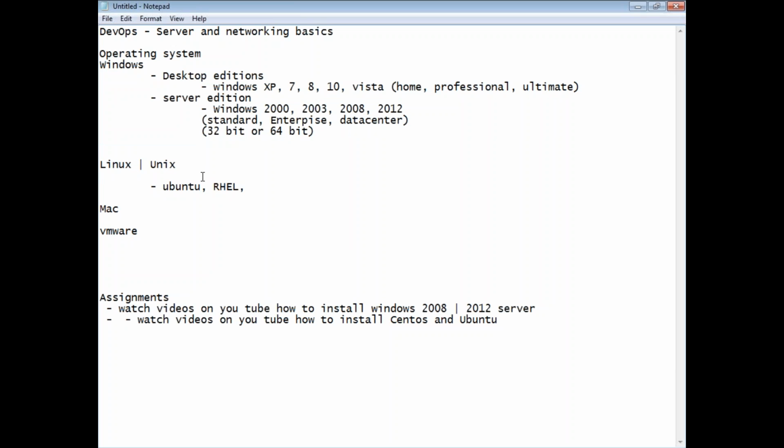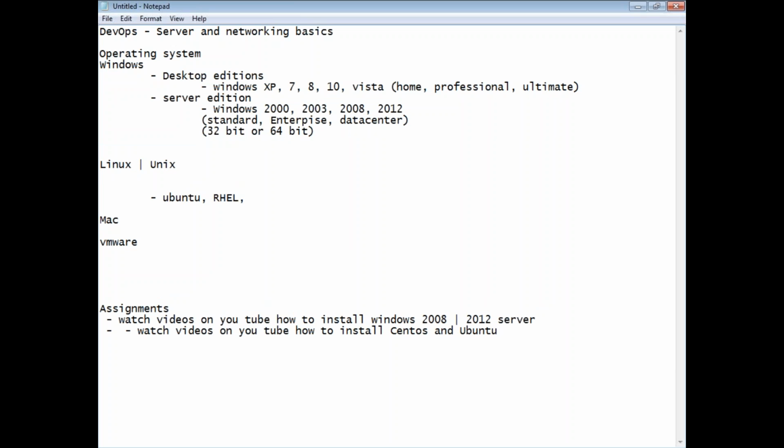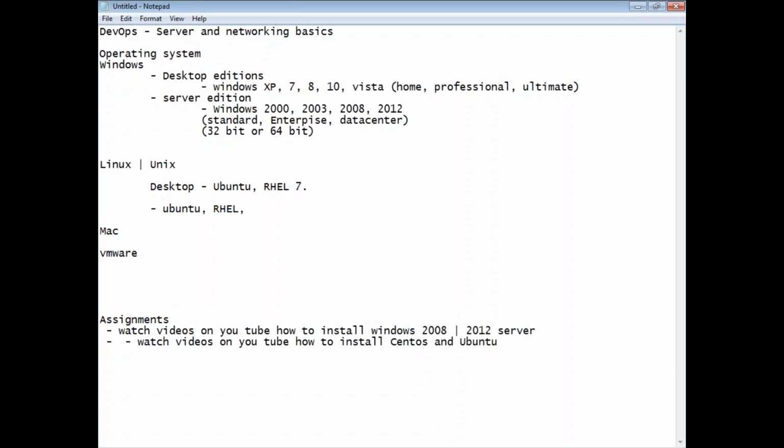In Linux, actually, Linux is a server operating system, so you have very few desktop editions. Ubuntu is the only one which is giving a desktop, and in recent times, Red Hat Enterprise Linux version 7 is giving a desktop edition. Whereas in the server editions,